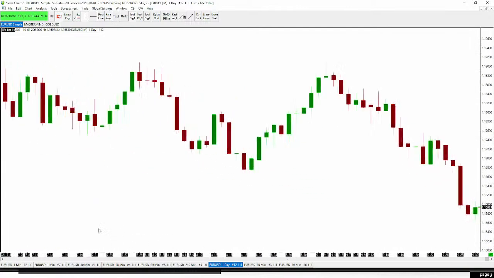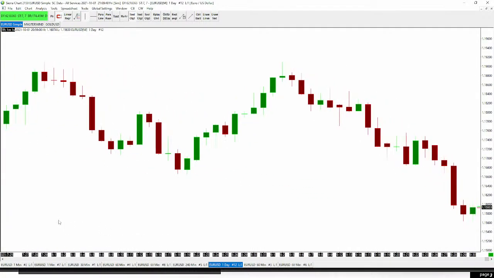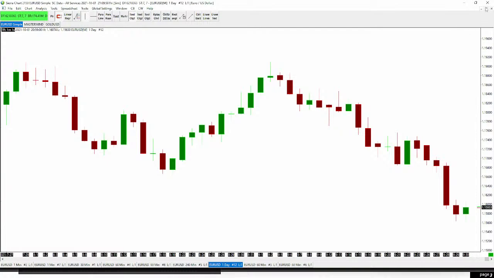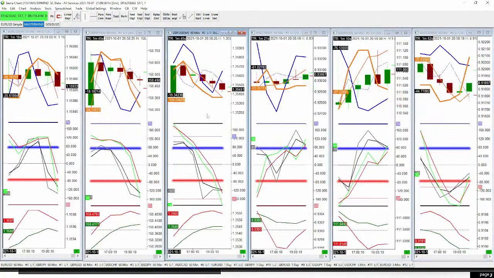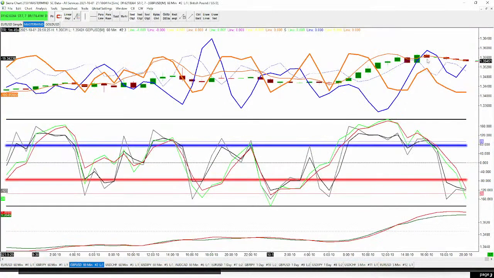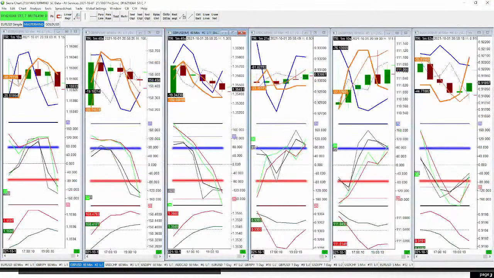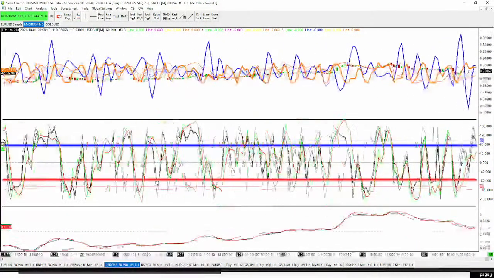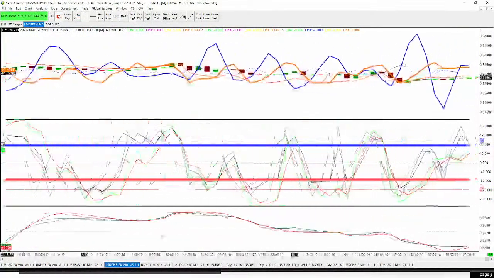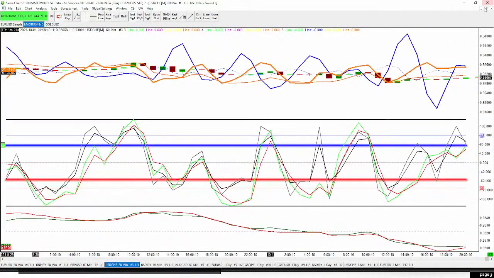So all the announcements that have come out, the ones that matter, have not necessarily been in favor of a strengthening U.S. dollar. Nonetheless, that's what we've been doing. And this is consistent not just in the euro-U.S. dollar. If you look at any USD paired currency, right? So GBP USD, we saw a lot of selling going on. If we look at the USD Swiss franc, we saw a lot of selling. These are all 1 hour charts, but you can see a lot of selling going on. And it's across the board, right?